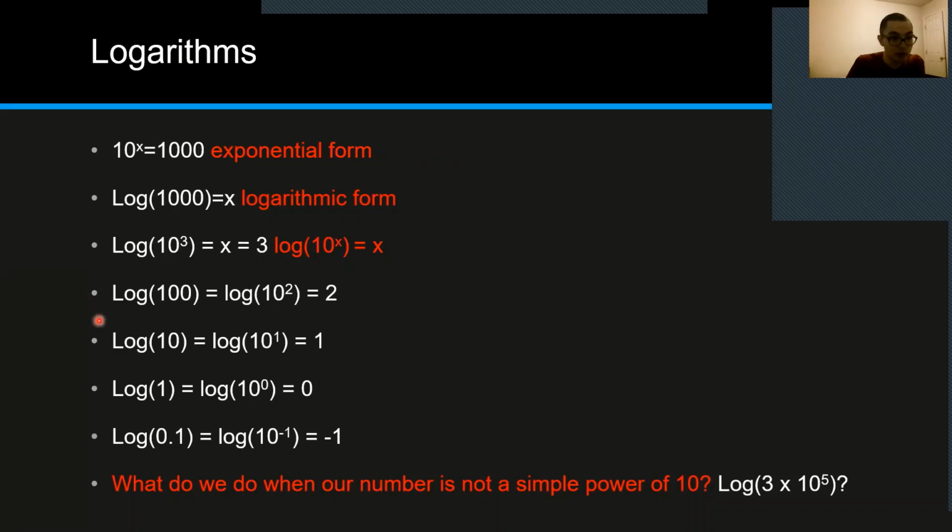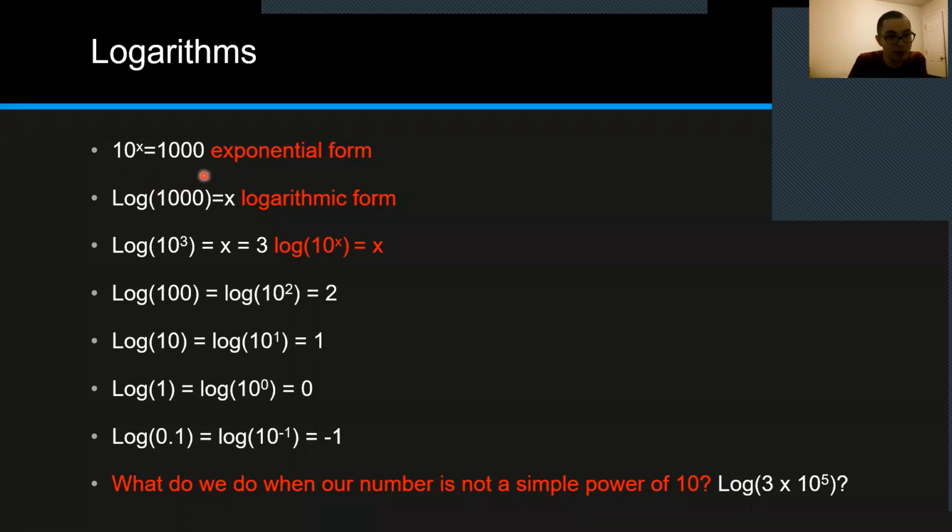I'm switching to my laser pointer real quick. Here we go. This is called the exponential form. We have 10 to the x equals 1,000. If we wanted to convert this to a logarithmic form, we would do log of 1,000 equals x. Basically, logarithm form says if we take the log of both sides,